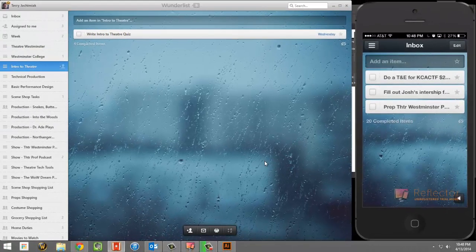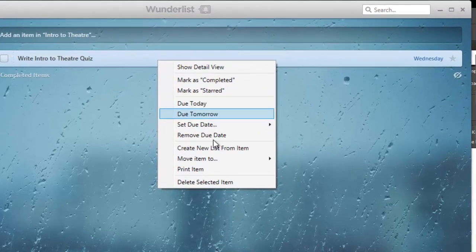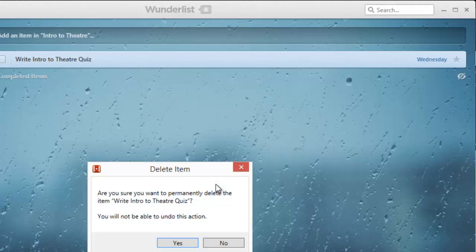Moving back over here, I talked about deleting. If you delete an item, it deletes forever. So if I take this item here and I right-click and I delete selected item, it will ask me, are you sure you want to permanent delete this? I'm going to click no this time around because I actually do need to write an intro to theater quiz